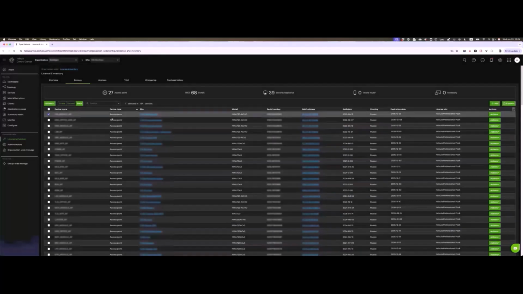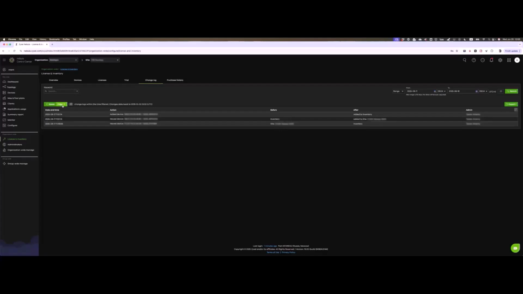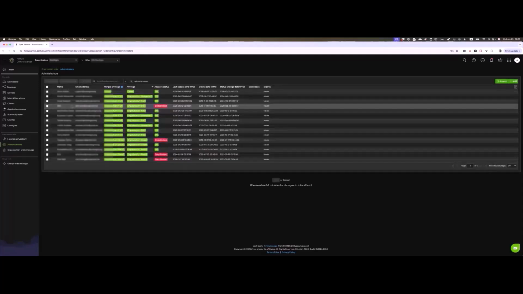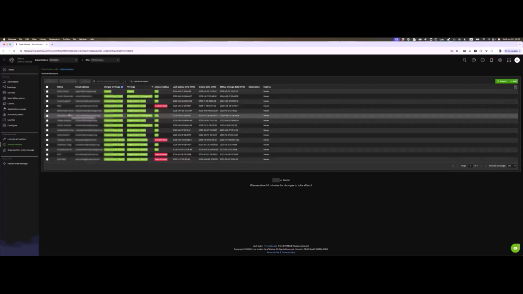Yeah. So changelog. It's not showing for some reason. Yeah. So you can see everything is logged. Yeah. What was moved, where, yeah, and also by whom. Yeah. So admin. Yeah, you can see all the information. Also for the admins, yeah. So the free base version has 5 administrators, so it's quite a lot, I should say. Yeah, but if you need more,